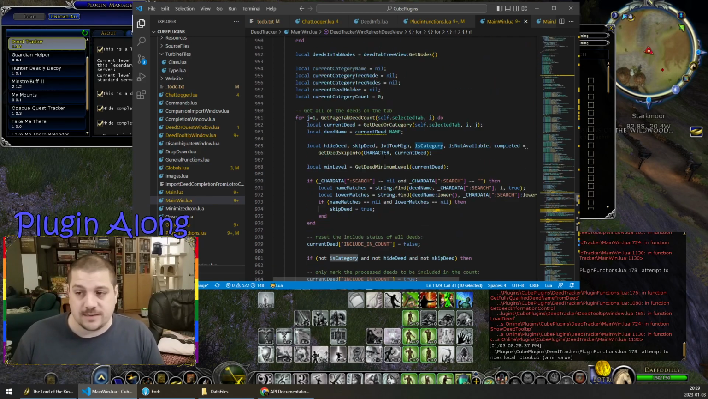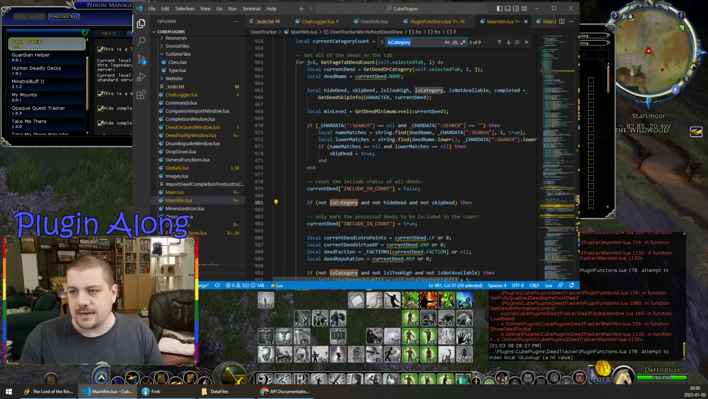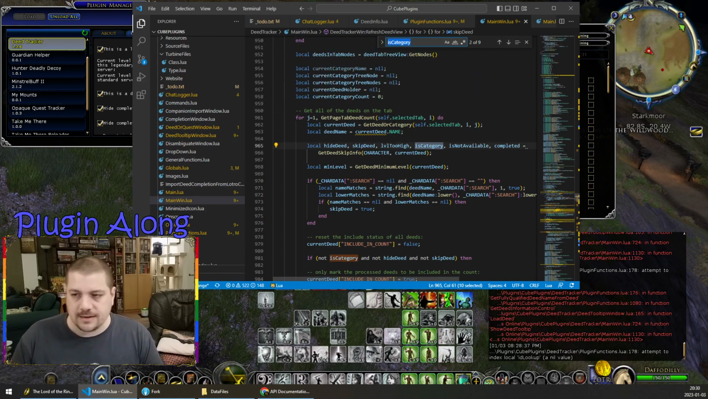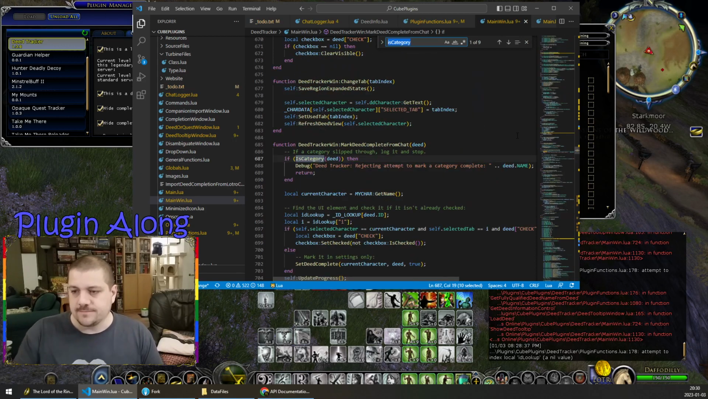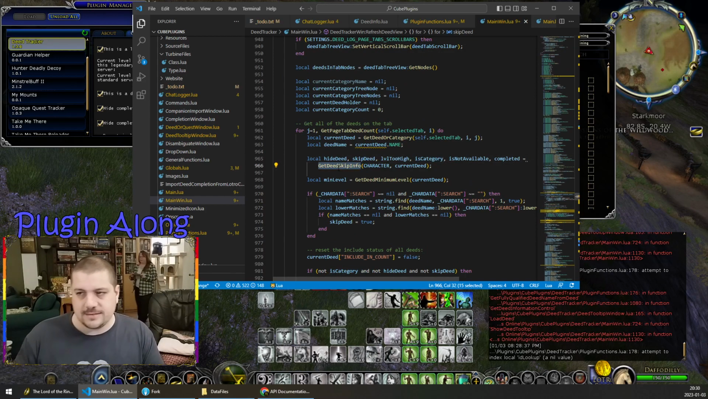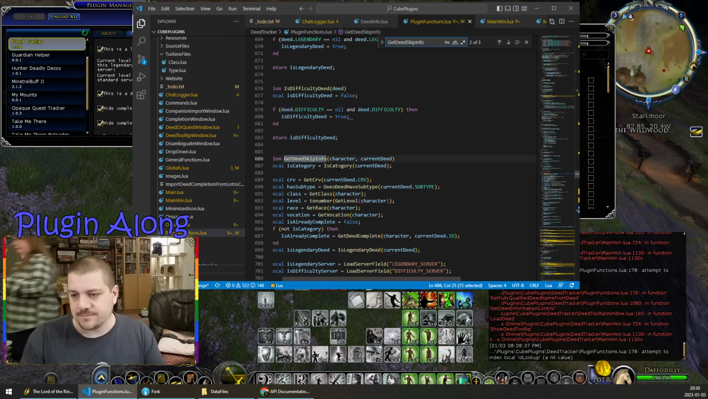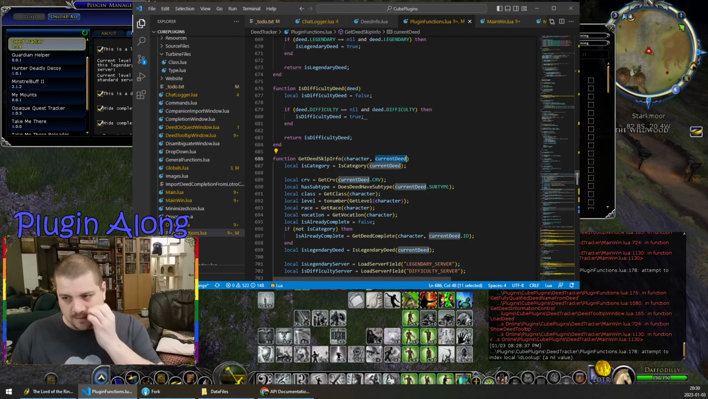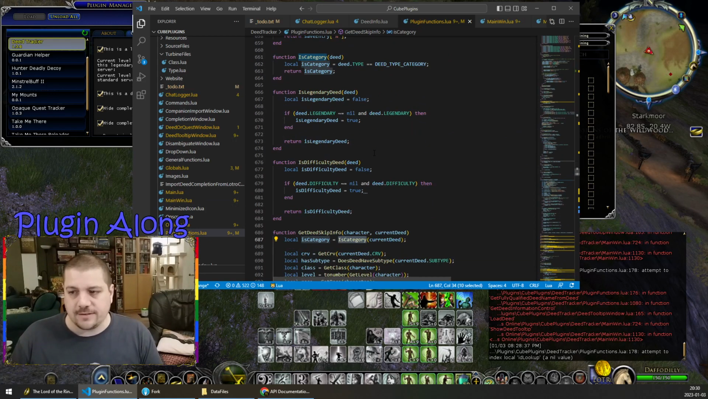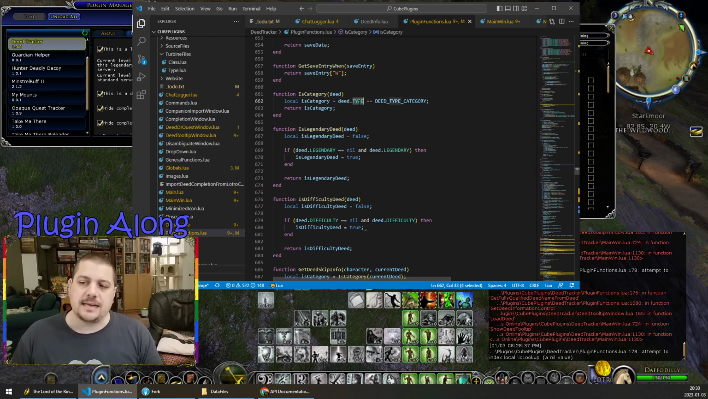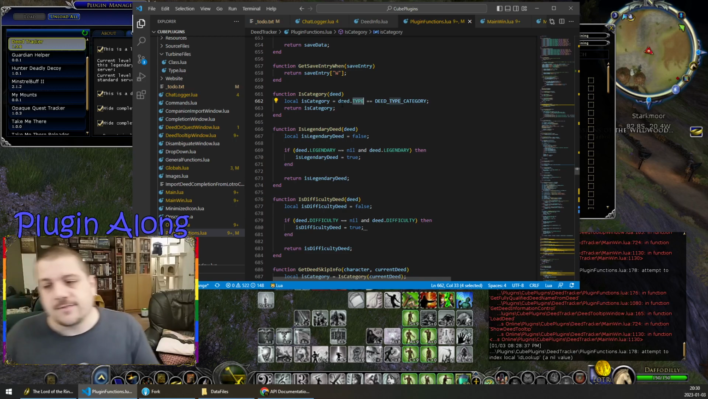So the basic question: where is category coming from? Let's search up. It should be getting filled in by get deed skip info. So let's find that. There's an is category, and I remember doing something about this. Okay, yes, I did a fix-up the other day, and this was a wrong fix-up. Why is this wrong? Because,